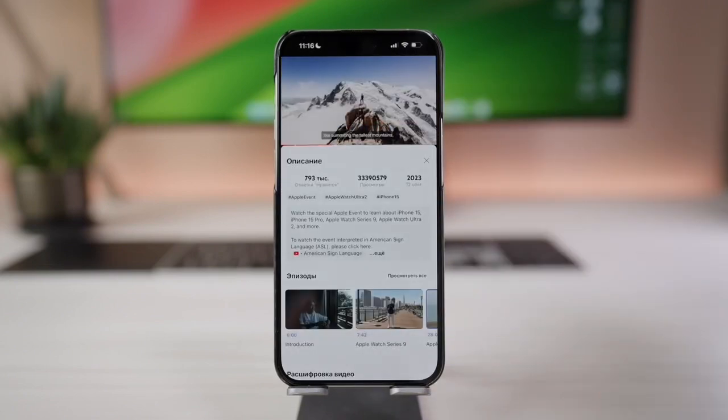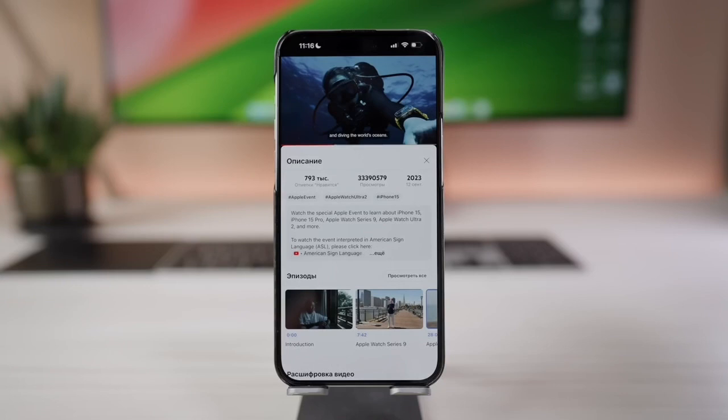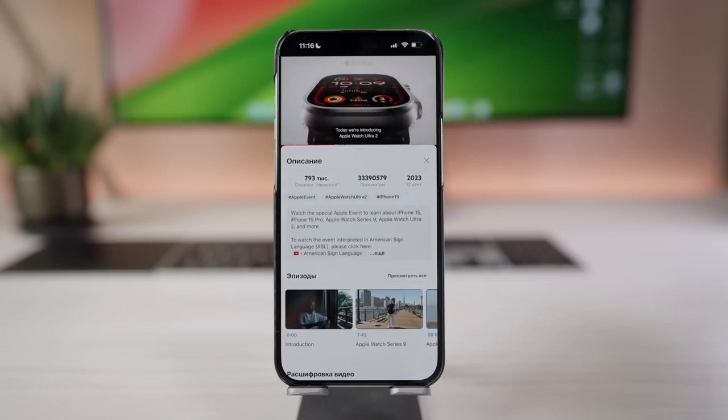Resolution 422 by 514 points. There is no such resolution on the current Apple Watch. This is the Apple Watch Ultra 3 screen, which will be slightly larger than the second generation. In Ultra 2, the display has a resolution of 410 by 502 pixels. From other things, according to rumors,